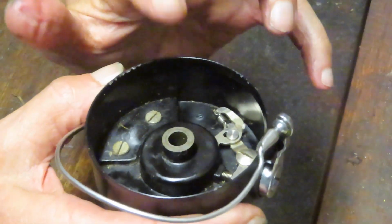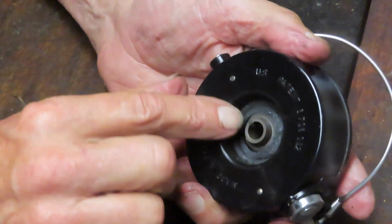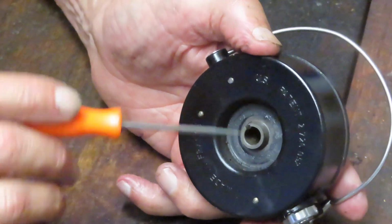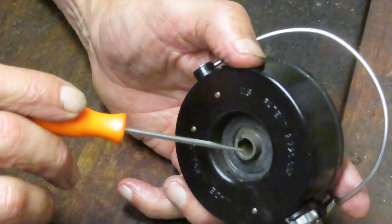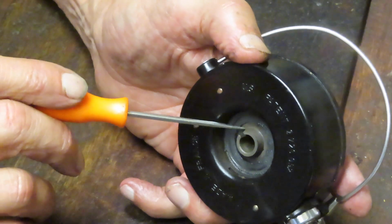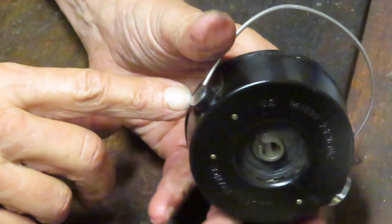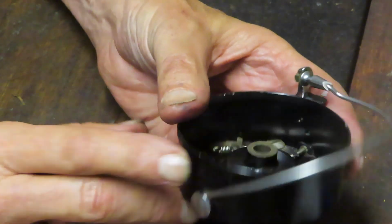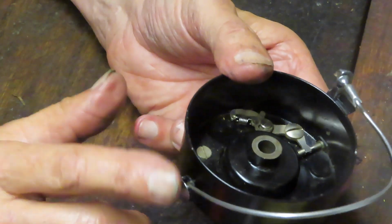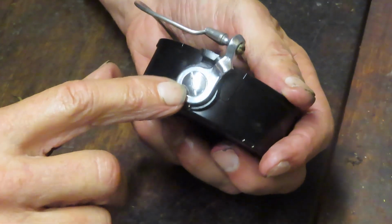Remember, if you take the rotor off to work on it, and I recommend that you do, you're going to find a little keyway on the shaft. Do not lose that keyway, otherwise the rotor will not hold its place in terms of having an anti-reverse. Put that piece off to the side somewhere. Remove the dead side first of the bail arm. It's almost impossible to load the spring with that piece in there. Come over to this side, remove the screw,